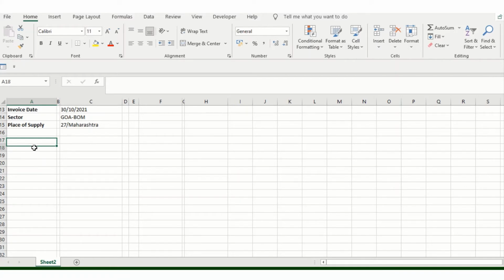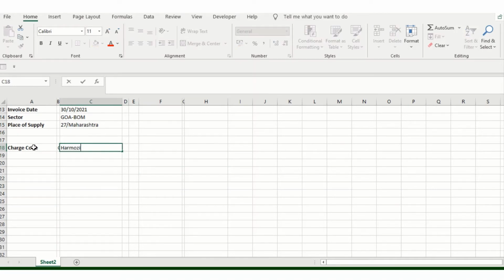First column will be your charge code, correct, your charge description, then your harmonized system, which is in description of service, what type of service are we providing, amount.